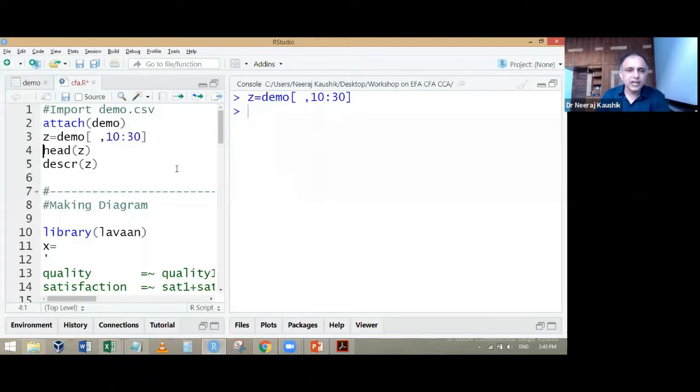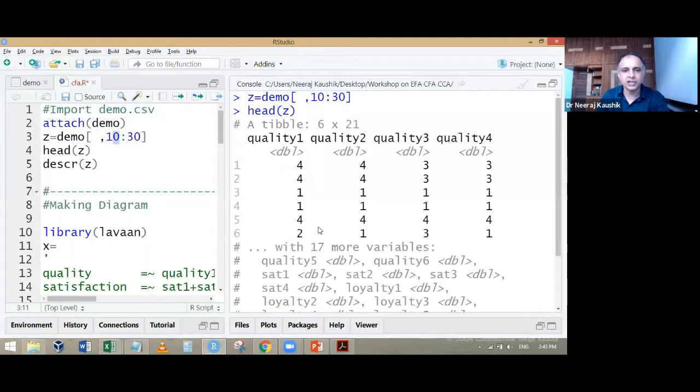Now when I say show me the data, it says English and Hindi are also there. Look at it, English, Hindi, these are the marks. These are not part of the scale. So I will say, okay, I made a mistake. It is head. Head says, show me part of my data, whether I have attached the corrected data